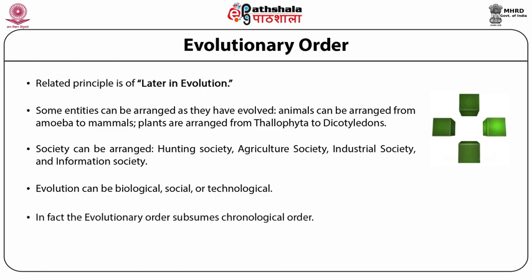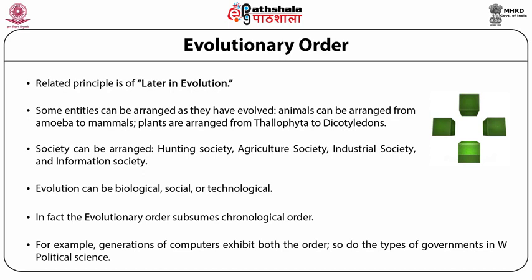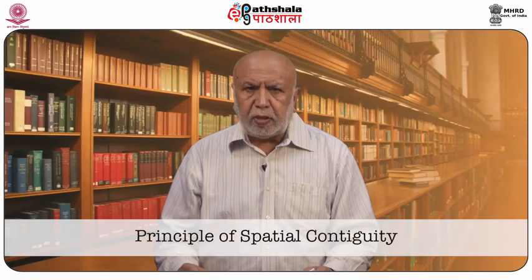In fact, the evolutionary order subsumes chronological order, as said earlier. For example, generations of computers exhibit both of the orders. So do the types of governments in political science, from anarchy to democratic and welfare state. Principle of spatial contiguity. Another principle is of geographical proximity or spatial contiguity, if the members exist either in space or on the surface of the earth, say planets,